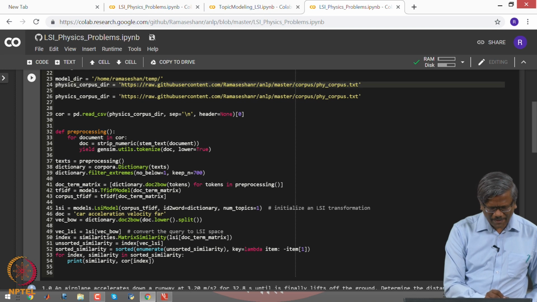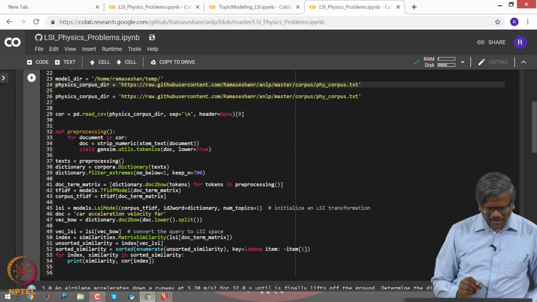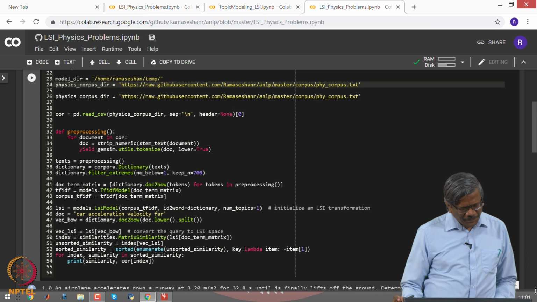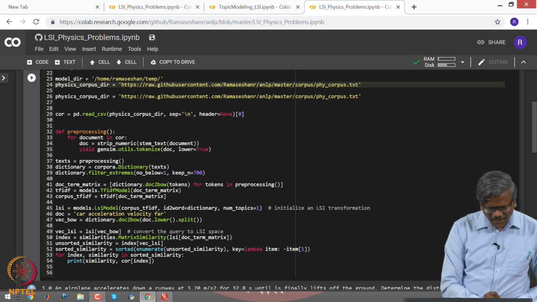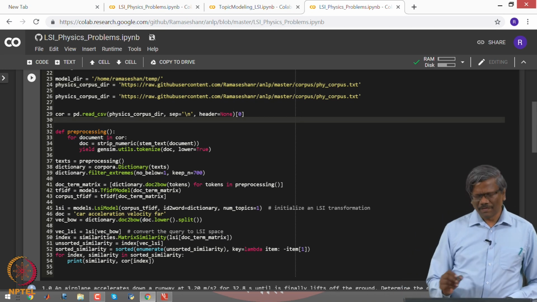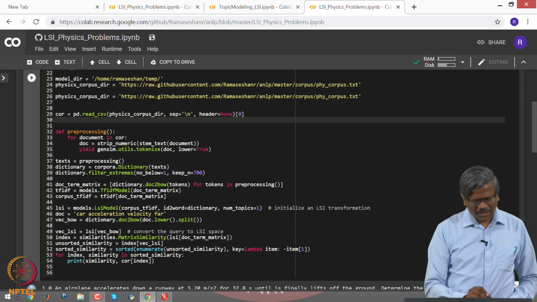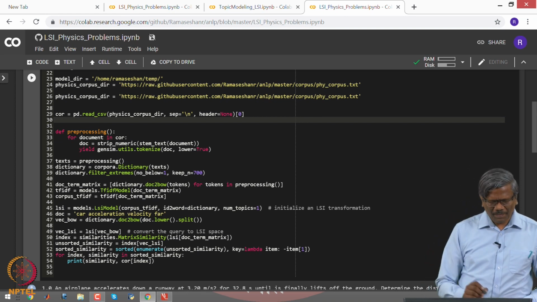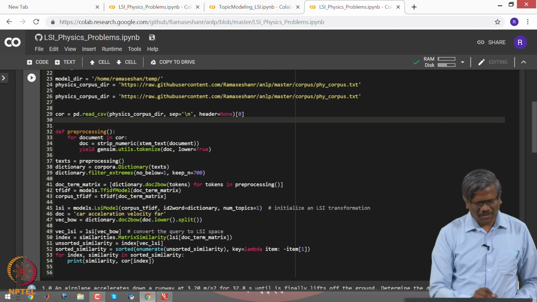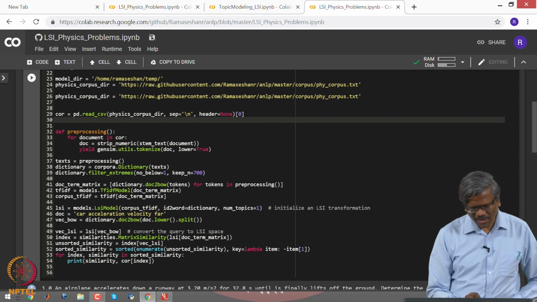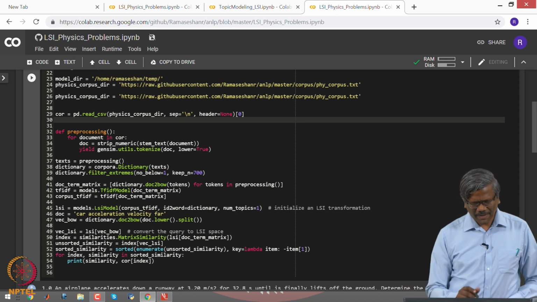I think there is a duplicate here, we can remove this. Then I am reading that corpus from the location using a pandas function called read_csv. This reads the file, and each document is separated by a new line, and there is no header.